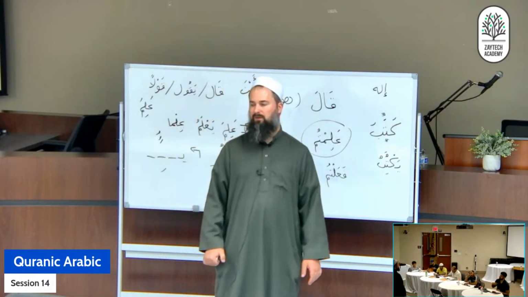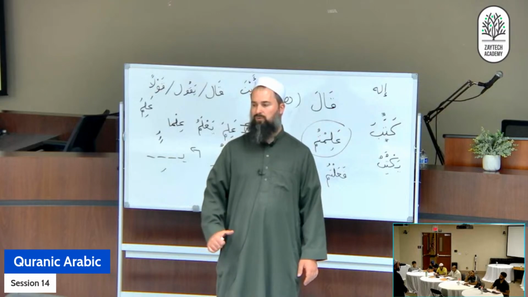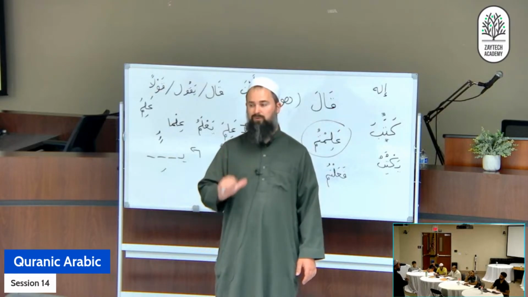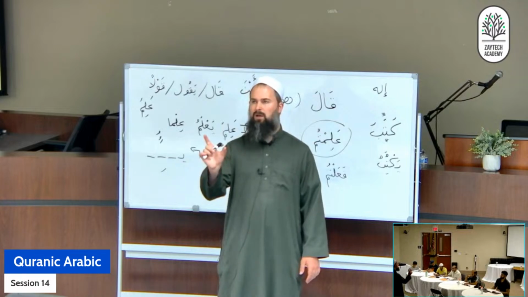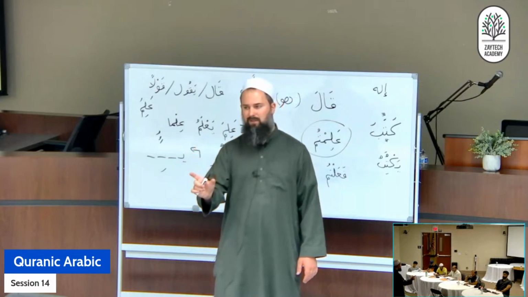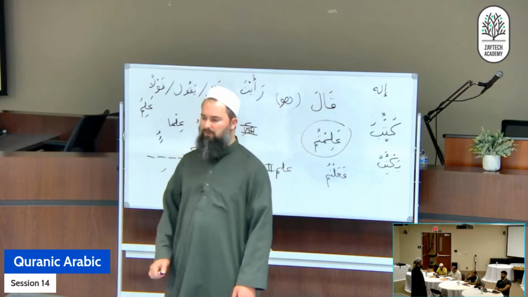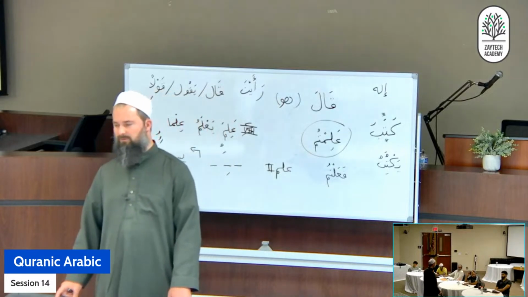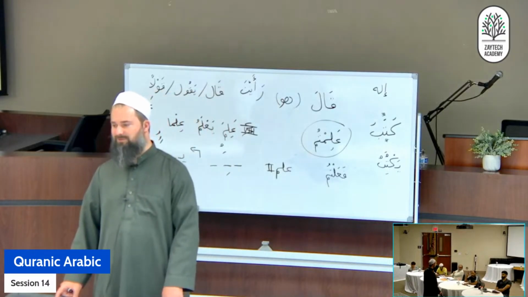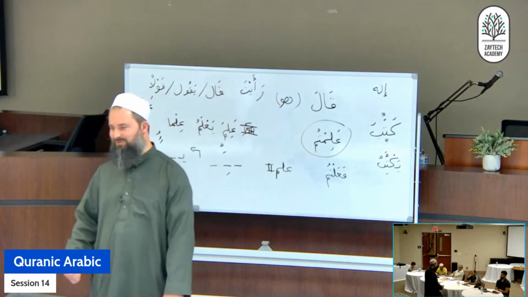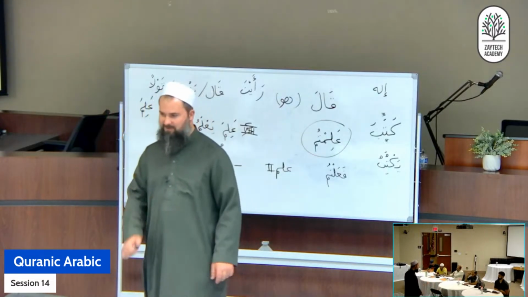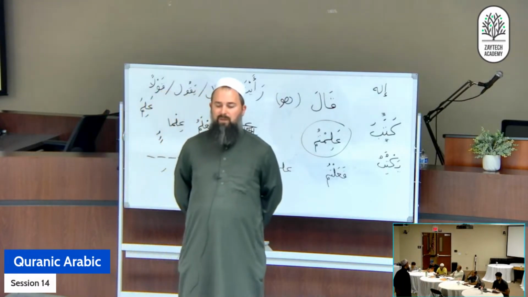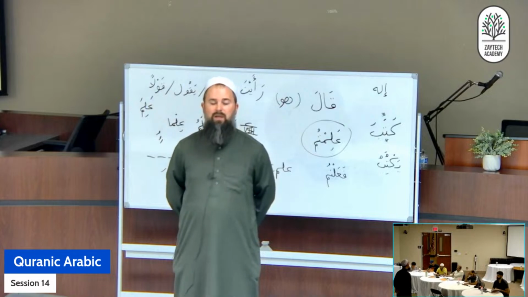If you say I said that, qultu. So you don't say qaltu. You say qultu, I said. You'd imagine it should be qalta, you said. You don't say qalta. You say qulta, you said, and qultu, I said. And in Masri, ult. They pronounce the qaf as a hamza. So ult, I said. So it sounds the same word, but it's a bit confusing. Okay? So the part is qulna, they said.